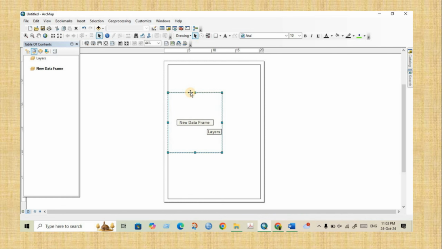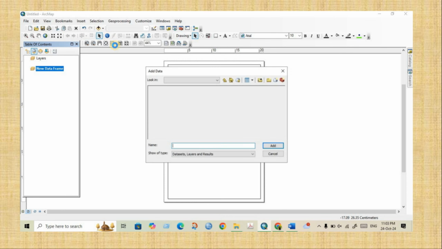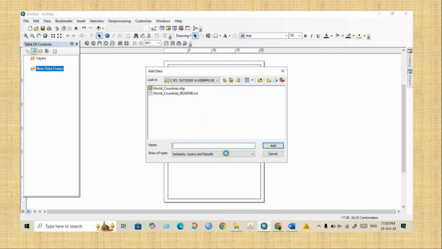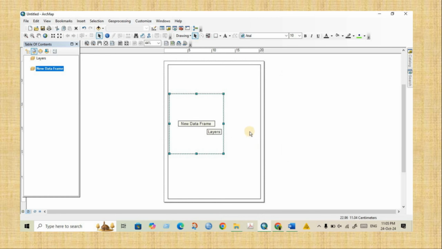So in this data frame we will select, then add data. Go to add data, and we will connect our data file. That is why we will go to connect. Okay, this is the CSV file of our data. So now at first we will go to add data, add, and from our connected file